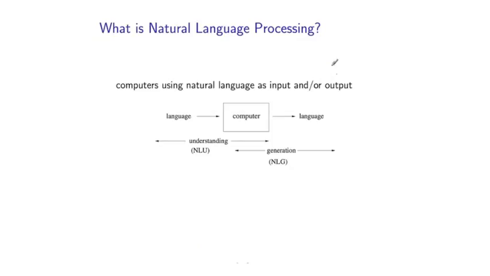So at a high level, natural language processing concerns the use of computers in processing human or natural languages. So on one side of this problem, we have what is often referred to as natural language understanding, where we take some text as input to the computer and it then processes that text and does something useful with it. At the other end, we have what is often referred to as natural language generation, where a computer in some sense produces language in communicating with a human or user.